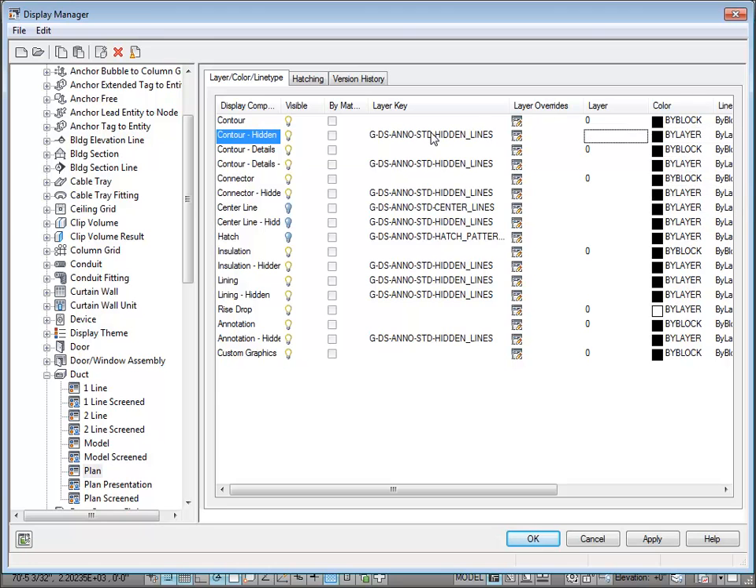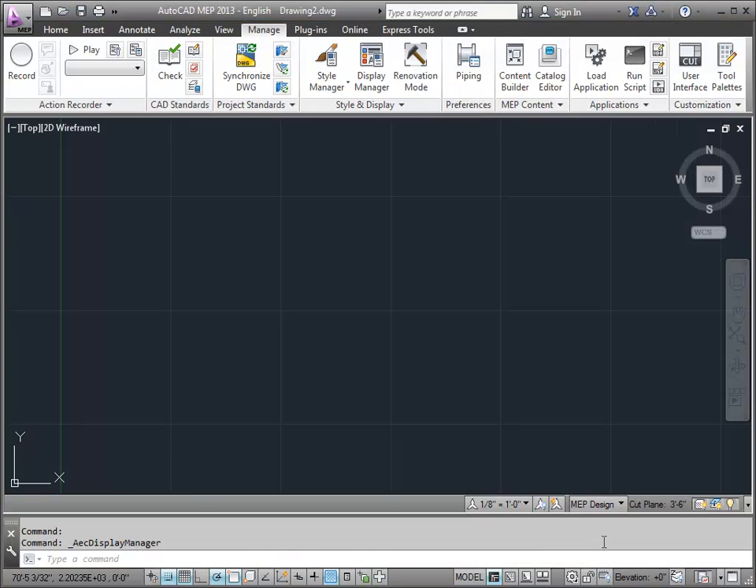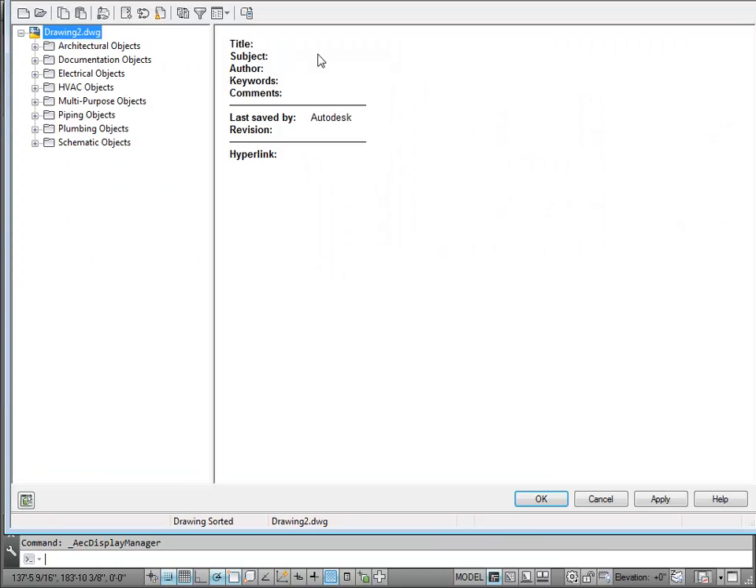So what happens is when you go to add a duct object for the first time and you start to draw your duct object, it looks up the layer key that is set here on the display for a duct object. It goes out to the layer key style, which can be found here. If we go here and say open,